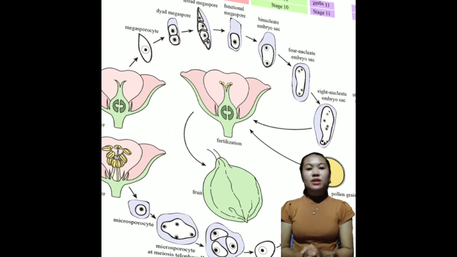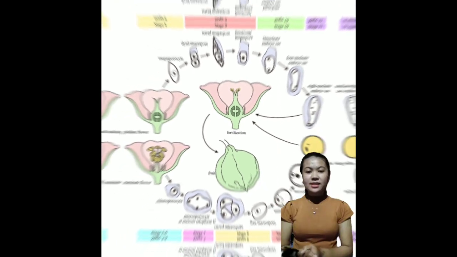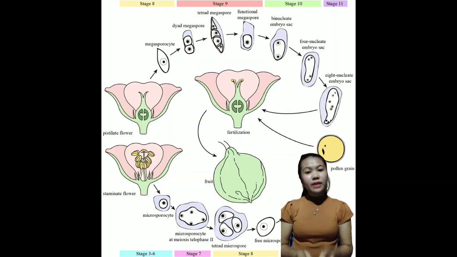In higher plants, sexual reproduction is completed in two steps: sporogenesis and gametogenesis. In angiosperms, flowers are the designated structures of sexual reproduction. A flower is termed complete if it possesses all four parts: the calyx, corolla, androecium, and gynoecium. Androecium and gynoecium refer to the male and female organs of reproduction, respectively, whereas calyx and corolla aid in